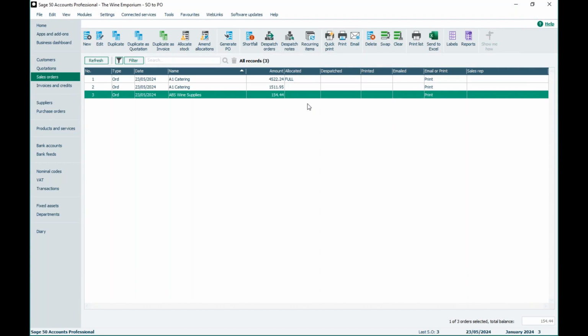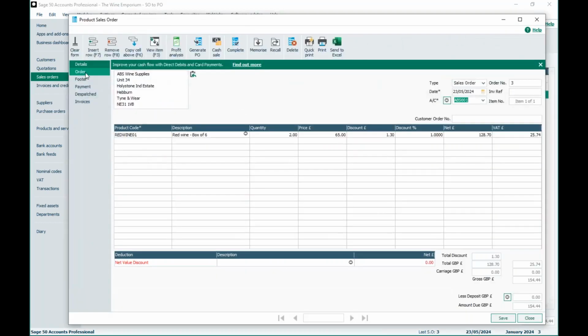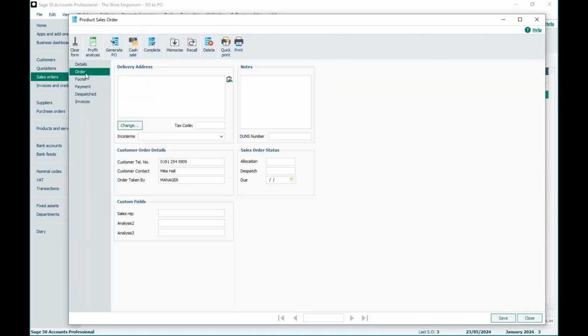So that is, like I said, a very small feature. It's very simple and there's not much to it, but it is quite helpful if you are generating a lot of sales orders and you need to be creating POs off the back of that, then you can use that option. I'm also going to show you the custom fields. So I'm just going to open up the sales order for an example. If we pop into the order tab